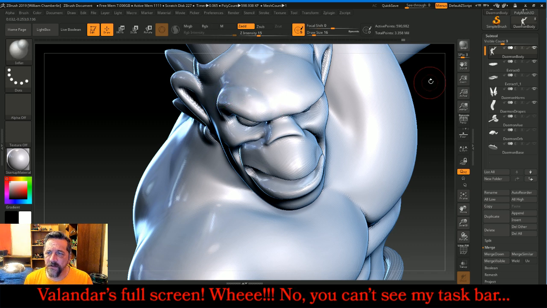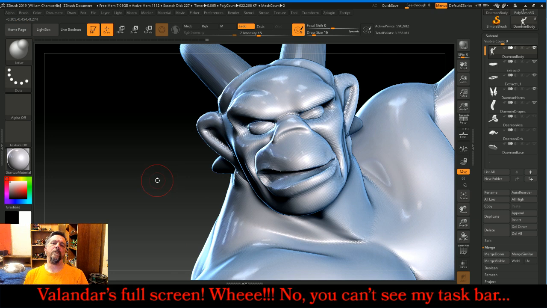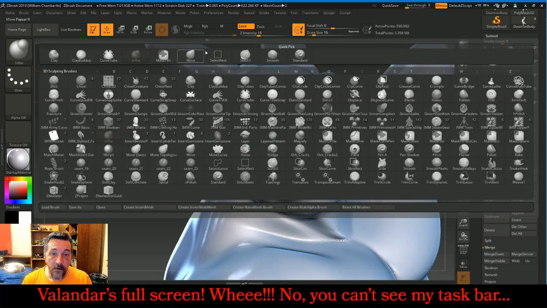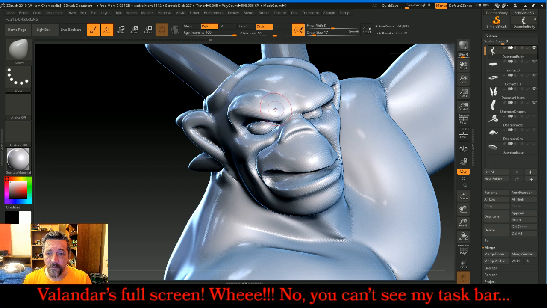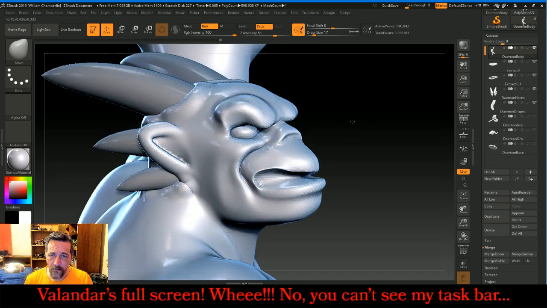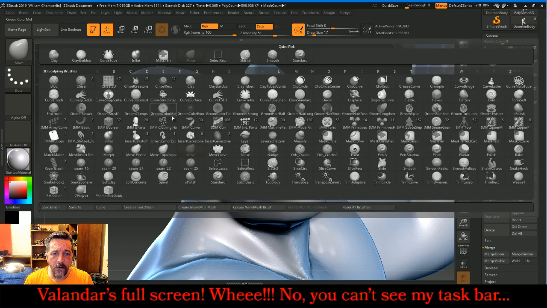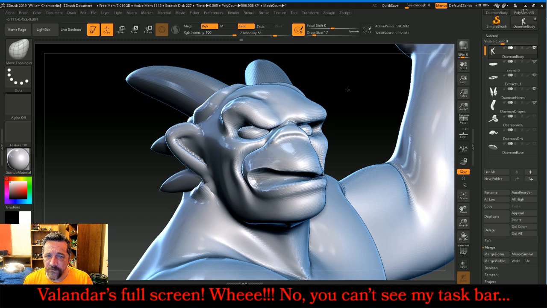And smooth it out a little bit. And then go back to move, because what we're going to do is bring this down a bit. And move topological just to give it a little bit of a